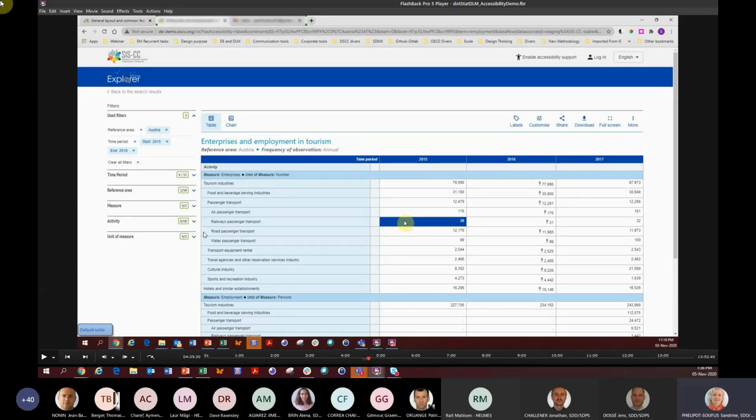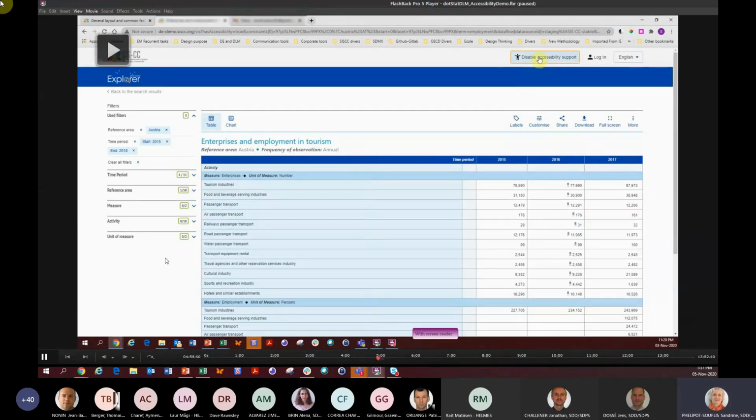The only difference is that you can play with the keyboard for the disabled persons. So here I'm playing with my mouse, and in this default table you can't at all play with your keyboard. So if you are a fanatic of keyboard, you have to switch to the